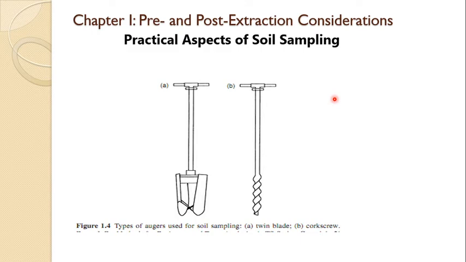In the quartering method, 4 equal parts are taken. Out of these 4 equal parts, 2 opposite parts are rejected, and the other 2 are collected. Again you make 4 parts of those 2 and reject 2 opposite parts. That means if you collect 10 kg of sample, in the quartering method 5 kg is rejected and the remaining is 5 kg.